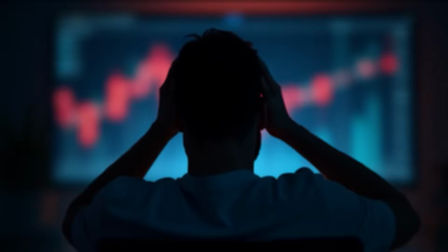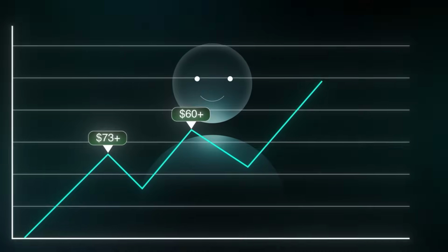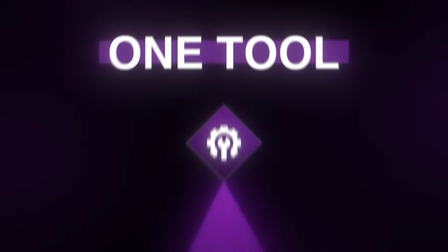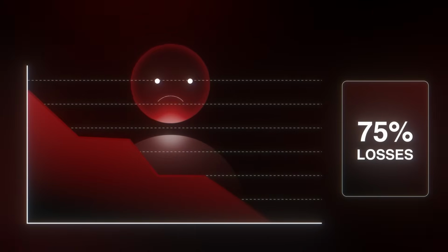You know the feeling, staring at your screen, watching a trade go against you. Again. The frustration, wondering why other traders seem to make this look so easy while you're still struggling. Here's the truth. Scalping isn't complicated, it's just misunderstood. What if I told you there's one tool, just one, that can eliminate 75% of your trading losses and transform